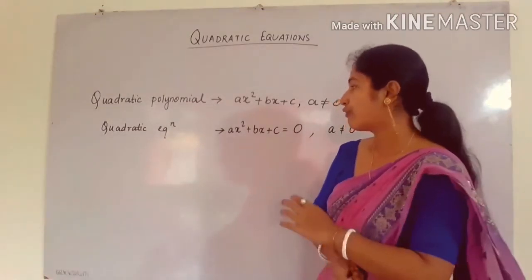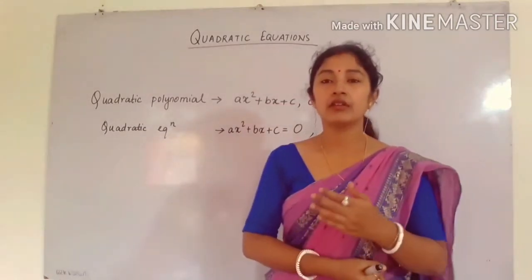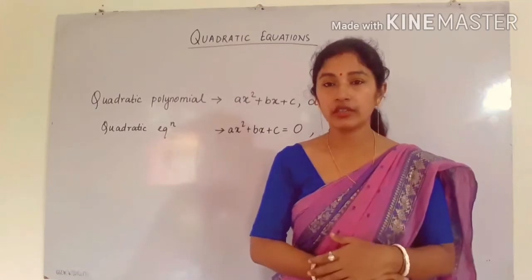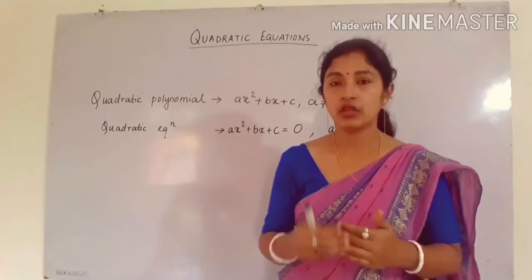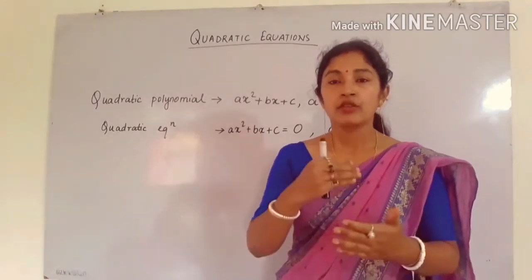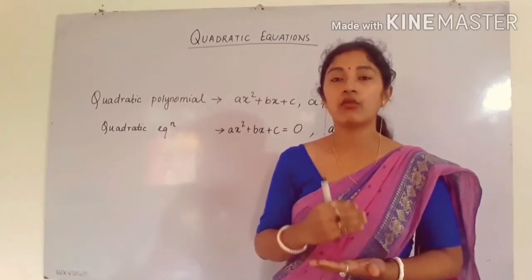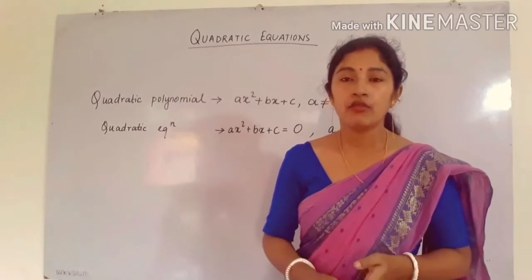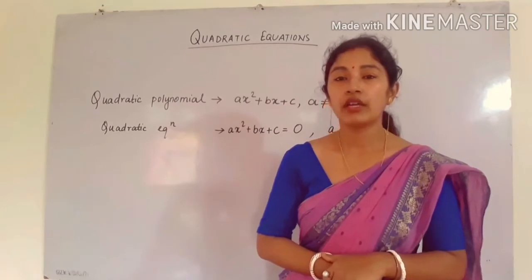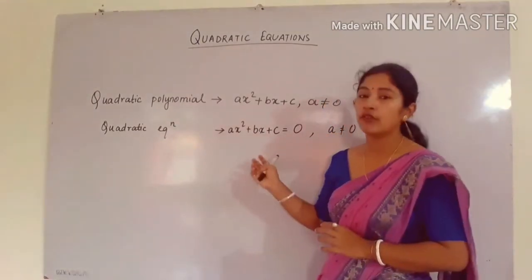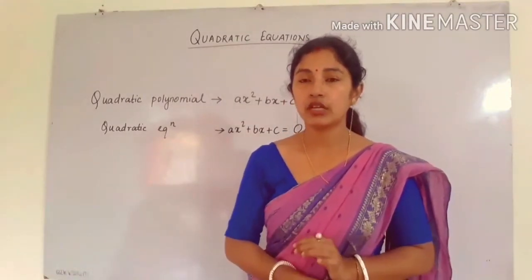Here first of all we will check different types of equations, whether the equations are quadratic or not. We have to check that. After that we are going to study about the nature of roots. Roots means solution, already you know. So first of all we will check whether an equation is a quadratic equation or not. Then secondly we are going to study about the roots, how to find the roots of the quadratic equation, how to find the solution of the quadratic equation using different methods. Next is the nature of roots, that is very important.